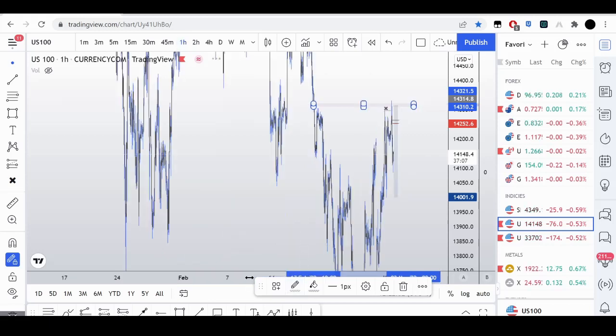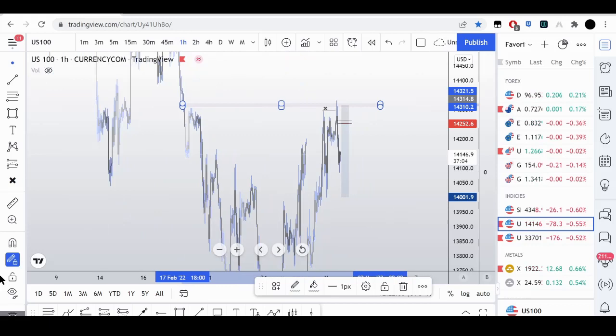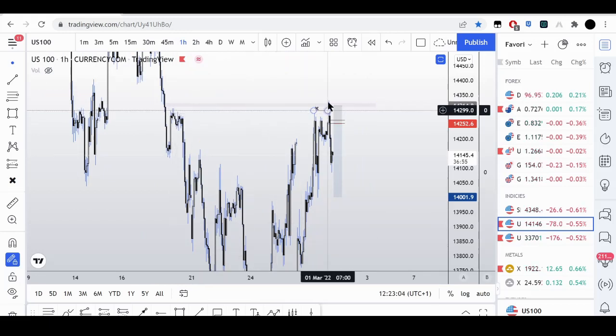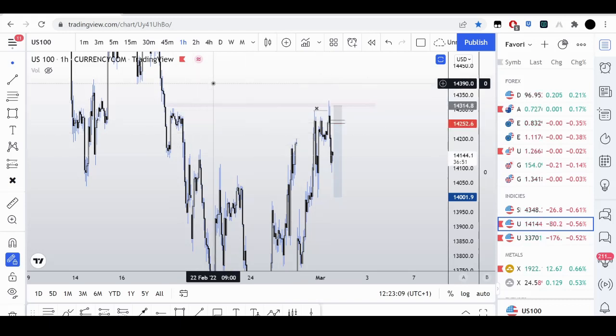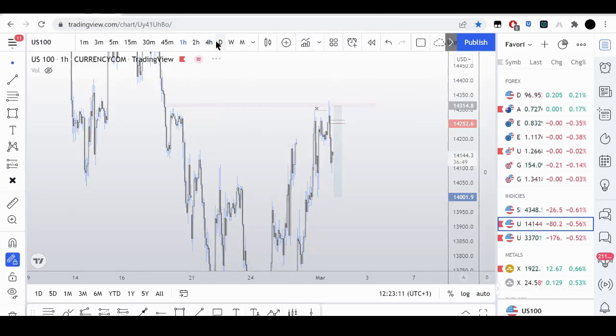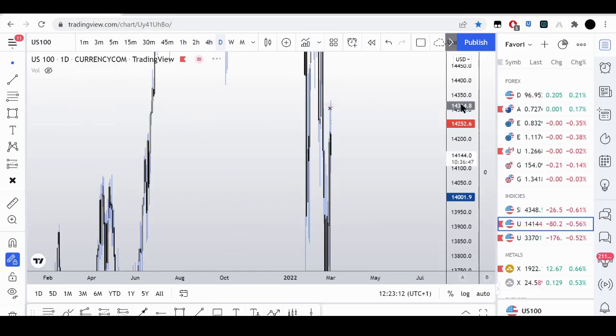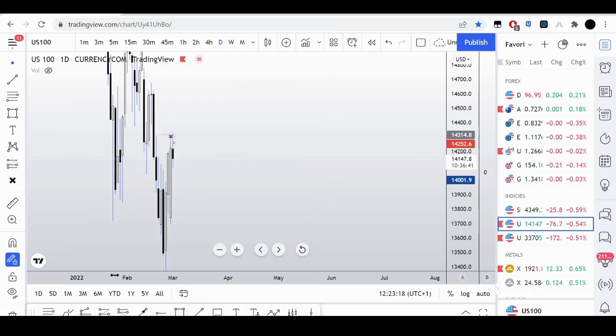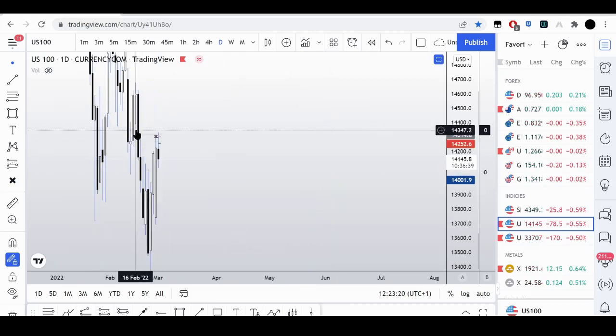So you can see if we go to the hourly time frame, we came into the fair value gap right here, and look what's resting right by it as well, this buy side liquidity pool. Okay, we ran that out, had a shift in delivery. Also, remember on my weekly outlook video, you guys haven't seen that yet, go watch that. This fair value gap on the daily, I was paying attention to for price to potentially get up to and have some type of sensitivity. If you guys go watch my weekly outlook video, you will see me discussing that, right?